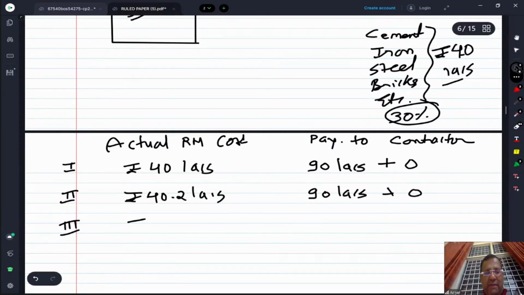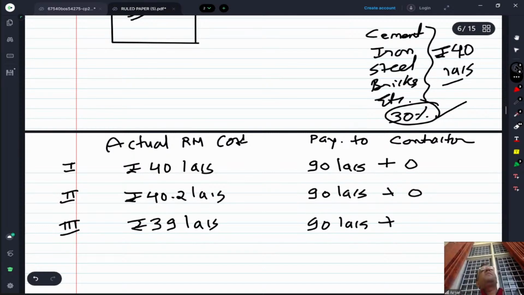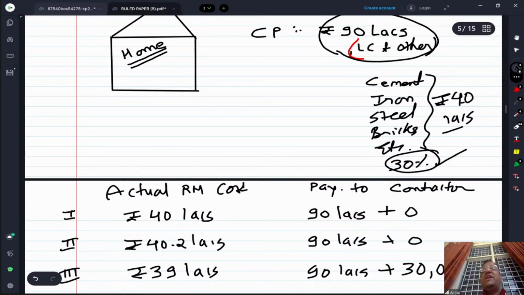The third point, I will take the example of 39 lakh rupees. Okay, so 90 lakh they will get, and due to their efficiency, material wastage has been reduced. What amount I have been benefited? 40 lakh is the estimated material cost, while the actual material cost is 39. So 1 lakh rupee worth of material wastage has been reduced. So I have been benefited by 1 lakh rupee, and I have committed that 30% will be shared with you. So the contractor will get a total payment of 90 lakh 30,000. है ना? इसका प्रॉपर नाम है बेटा गेन शेयरिंग अरेंजमेंट से